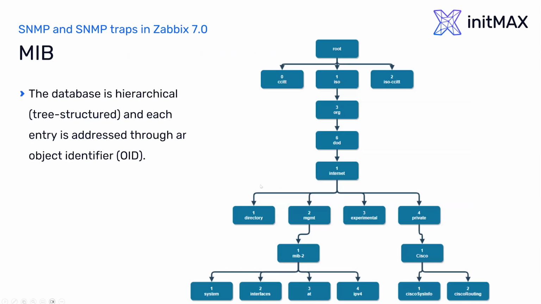As example, if we would be looking for something about the interfaces, the good old interface status, operational status that I talked about, we need to provide this long OID to actually get to the data. Our OID that we're monitoring can start with a 0, but it doesn't bring us anywhere. 2 also doesn't bring us anywhere. So for us, it's going to be 1.3.6.1.2.1 and .2. That is going to bring us into the interfaces,